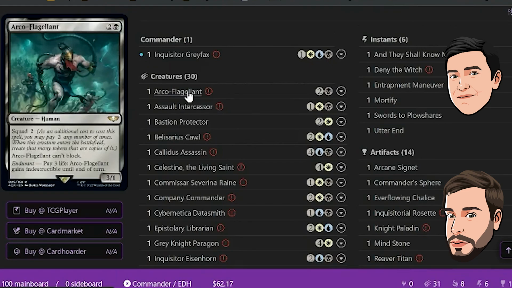On its face, it's like, oh, you pay 2 mana, you get an extra creature. But to break this, these are tokens, and because they're copies of Arco-Flagellant, they'll also have its mana cost. So, for example, they'll contribute to things like devotion. And if you have any sort of token doubler,